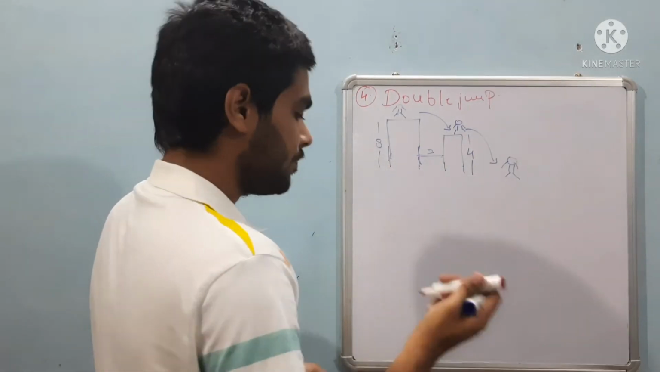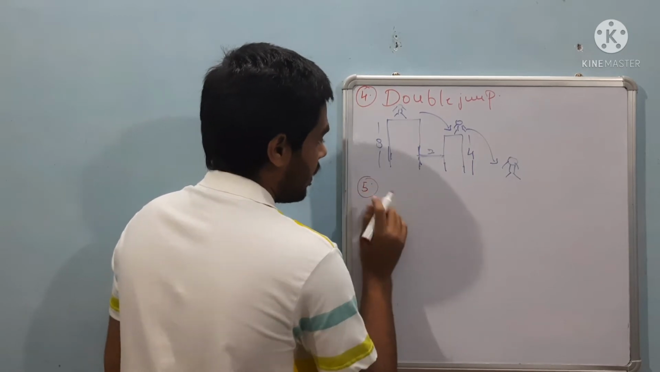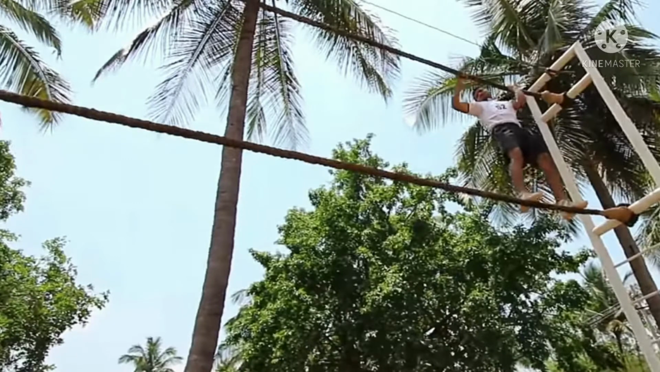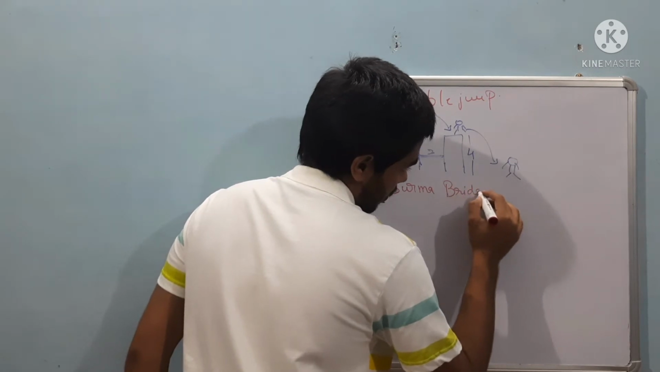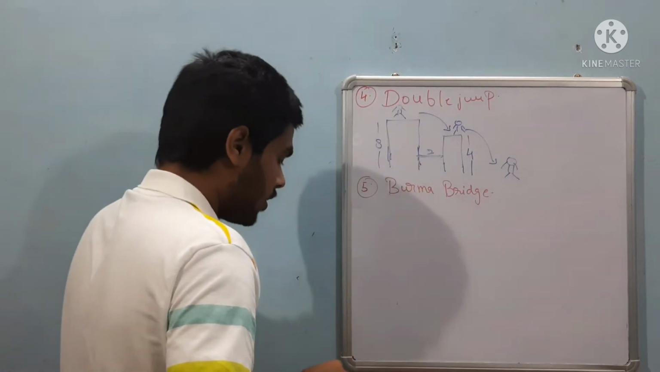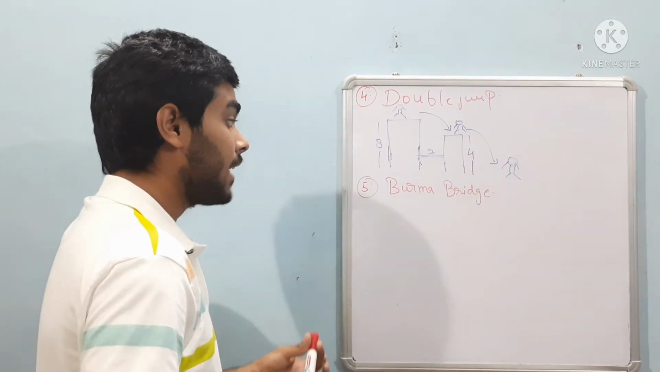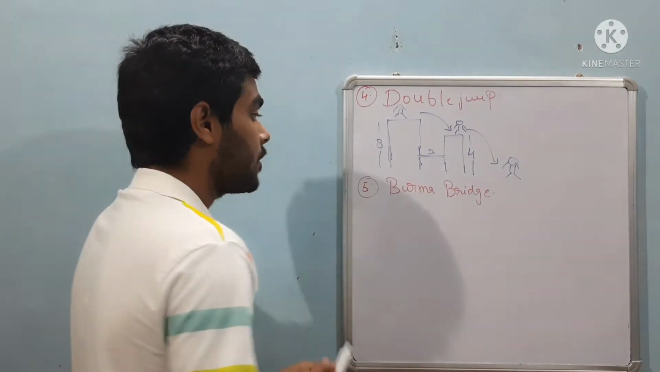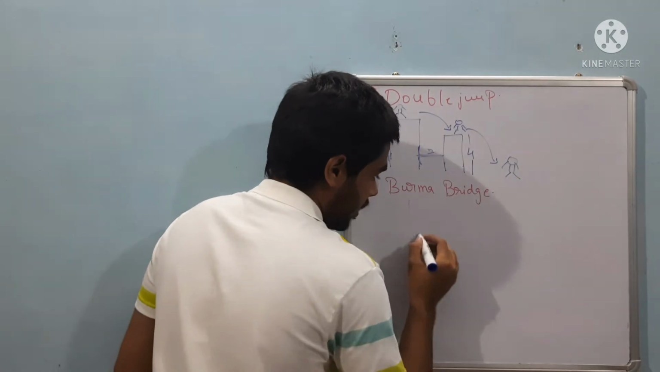So now coming to the fifth obstacle. The fifth obstacle is Burma Bridge. In Burma Bridge, you have to do nothing special, and it is also a pretty easy task, but it is a time consuming task. You have to keep in mind that you have to cross this obstacle at a very high speed. In this, there will be 2 ends,